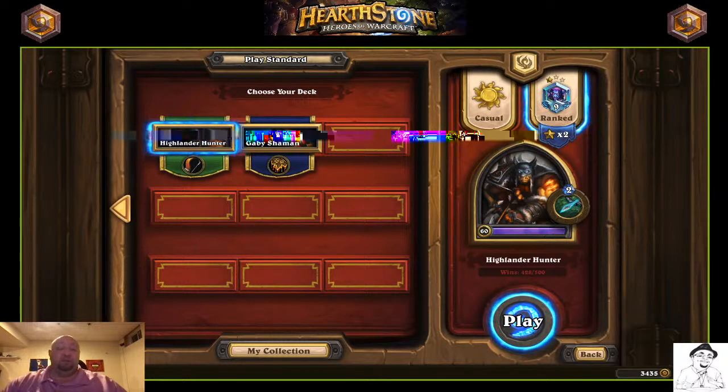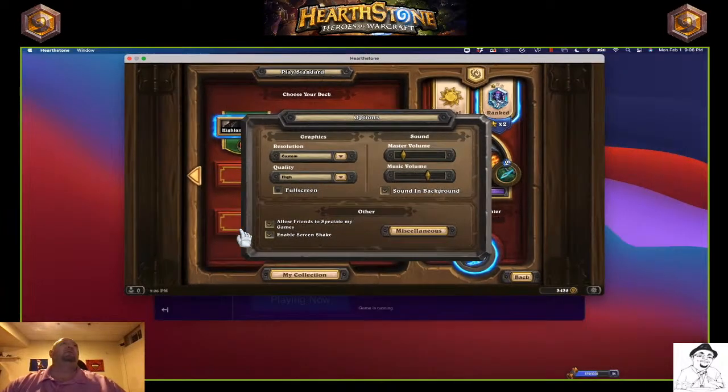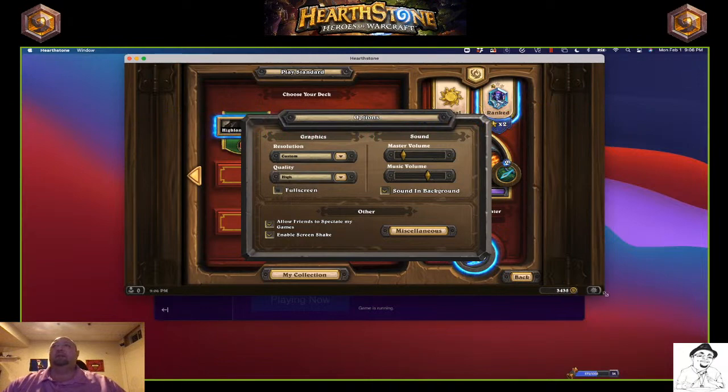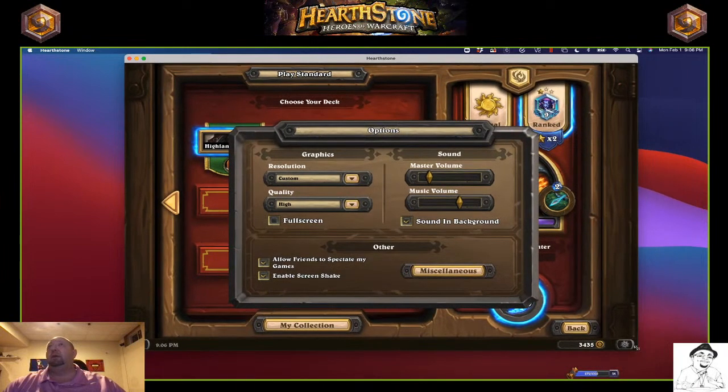My base canvas resolution on Streamlabs. Well, first of all, it looks bad on my actual screen. Let me mess with the resolution in here because it should be running at higher than this. Let me turn off full screen. I don't know why it's only detecting 1920 by 1080. I guess that's not the end of the world, but it doesn't look very...